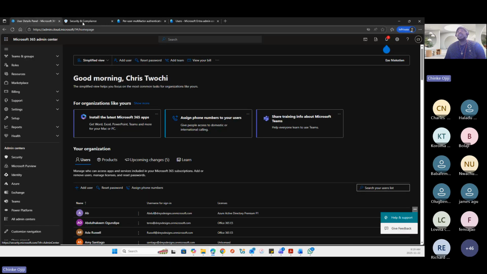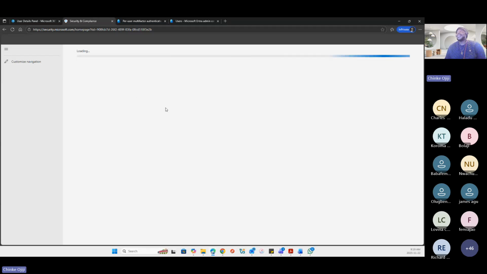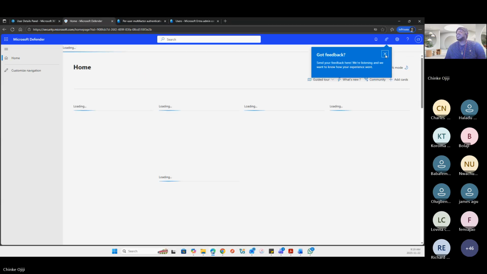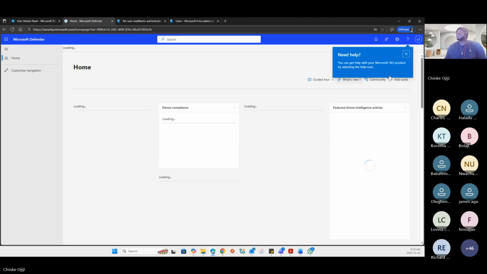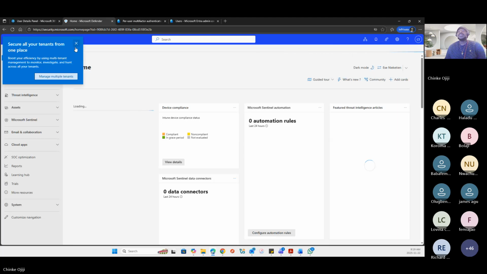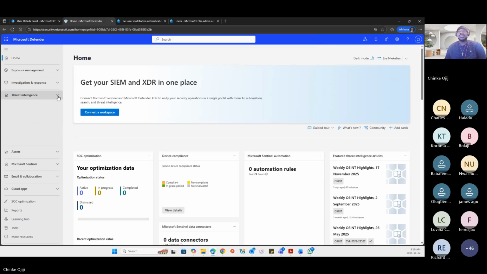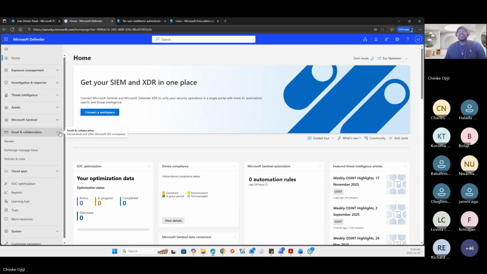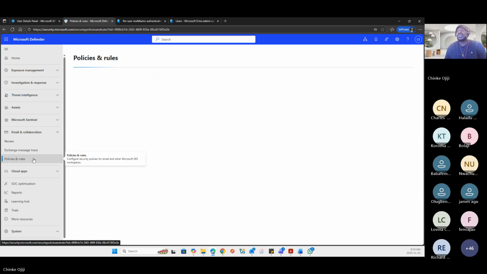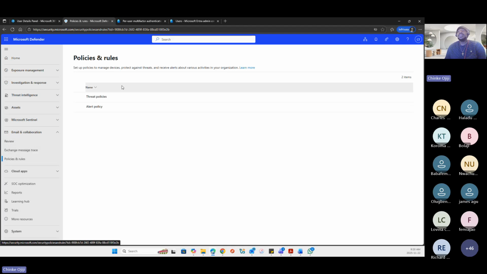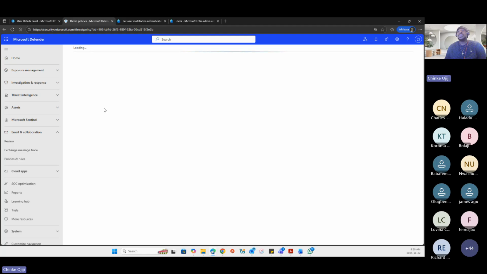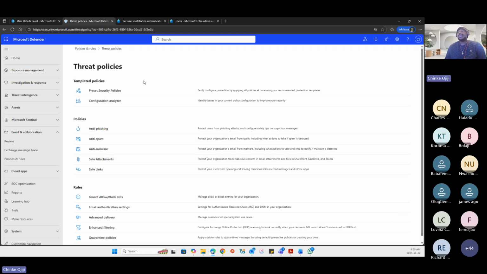On the left pane here, under admin centers, okay? So you come to email and collaboration, and you come to policies and rules on the left pane. Then you go into threat policies.